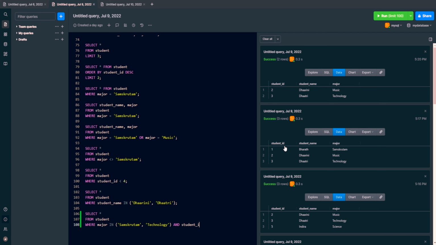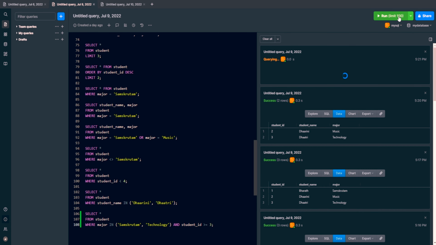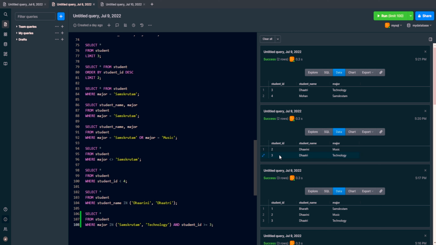Student ID, I want to put a condition that it has to be greater than or equal to 3. Like greater than, less than, I have already shown. So greater than or equal to, less than or equal to, etc. can also be used. Let's check this. So 3, 4, 5 are considered, but the subjects should be either of these, technology or something. The fifth one does not belong to that, that's why it is not shown. Okay, so now